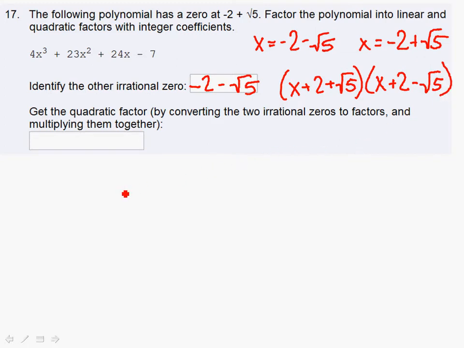We could also multiply these. Instead of using distribution, we could use the box method. So we've got x plus 2 plus square root of 5. Down the side we have x, a positive 2, and a negative square root of 5. Using the box method,